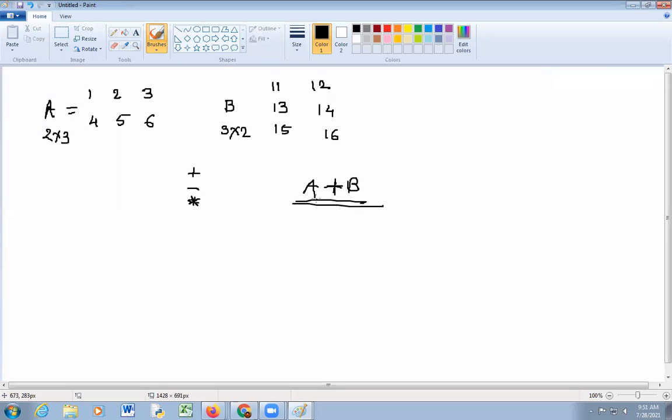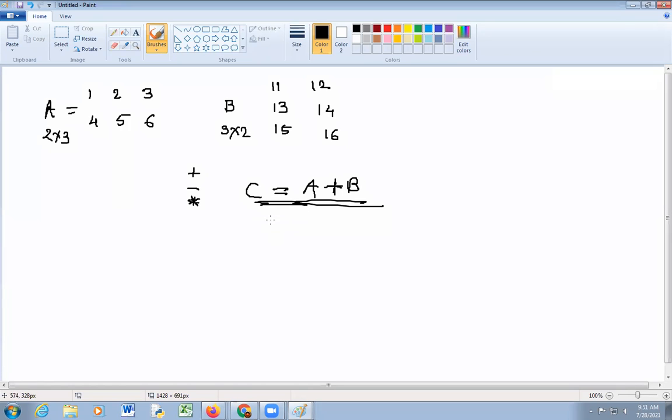Addition करताना काय पाहिजे की दोन्हींची size same. The size of row and the size of column should be the same in case of addition or subtraction. Suppose both matrices have the same row size and column size, and I want to add matrix A and B and store the result in C.